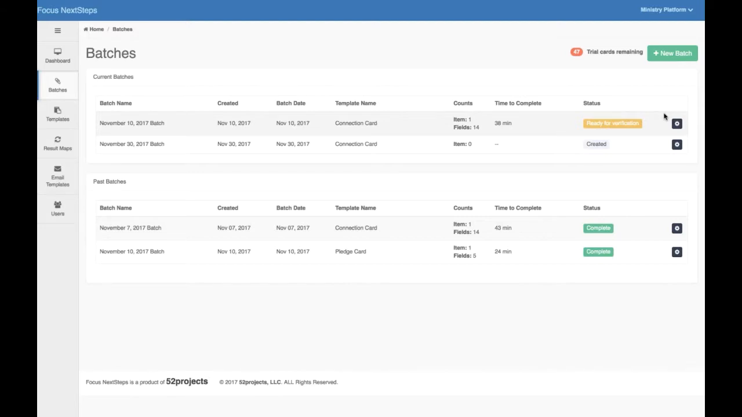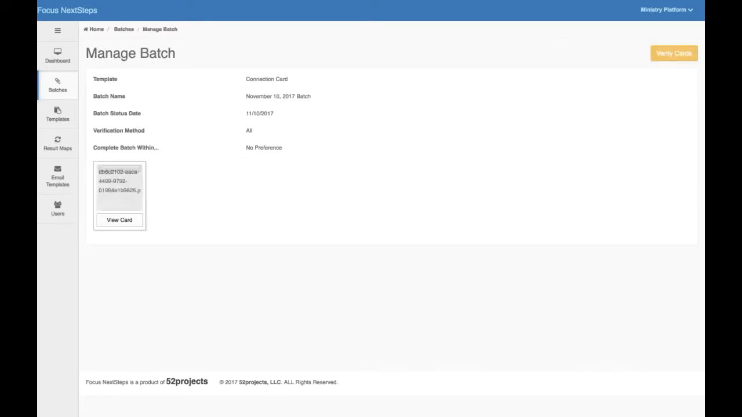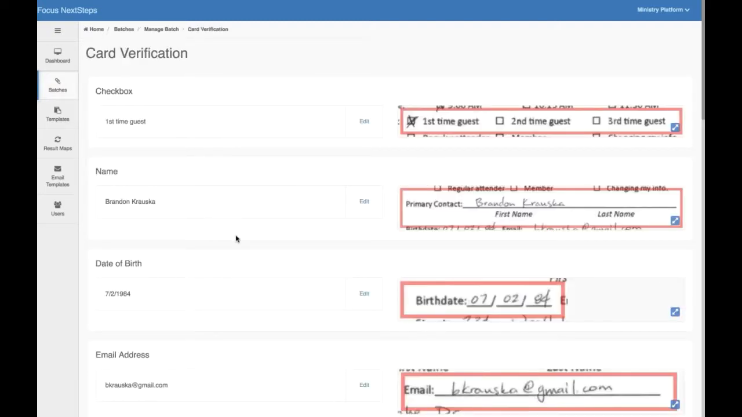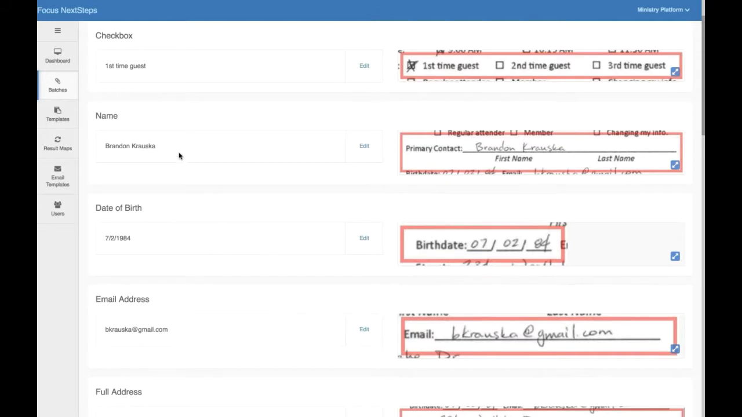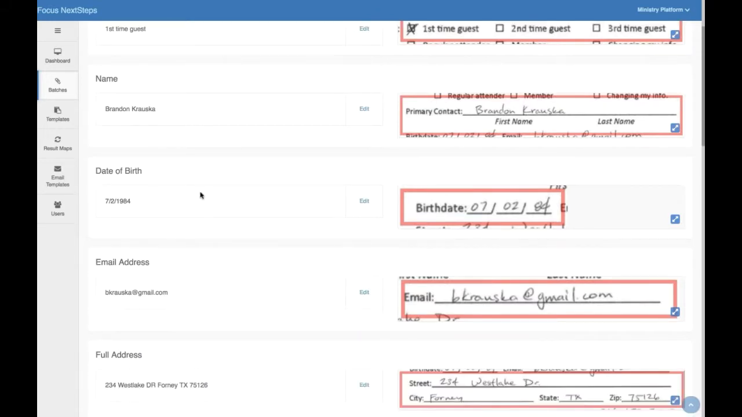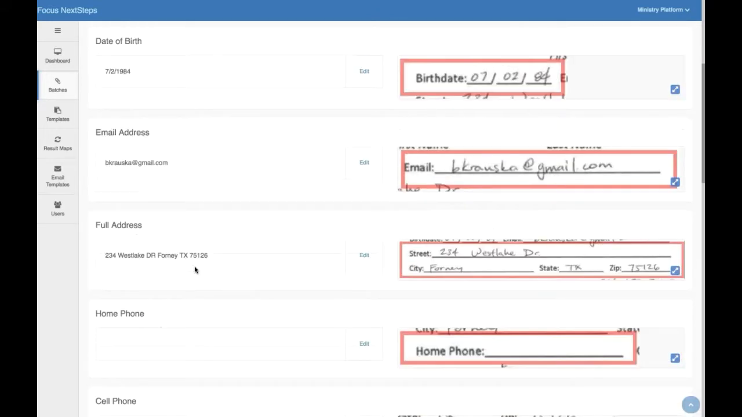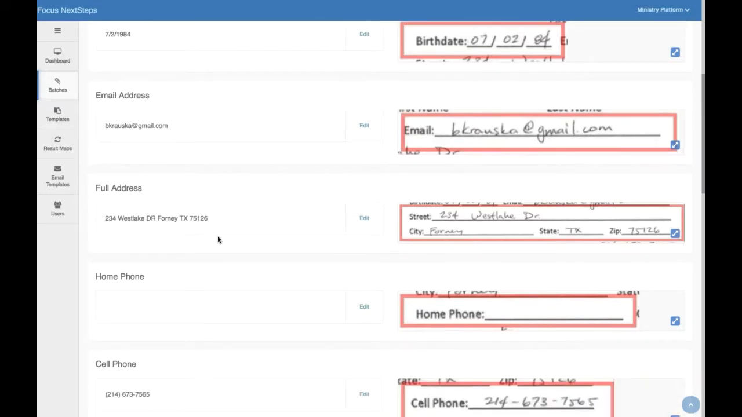So this is post you submitting your batch. You would get a notification from us that says your batch is ready for verification, and you'd simply come here and view your batch. Coming in here, you'll be able to see the individual card and go through the verification process of it. So here we can see first time guest, we can see that it identified Brandon, it got us our birth date, it got us our email address, it got us a full